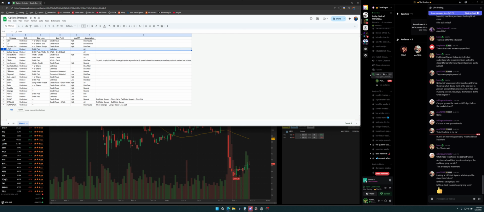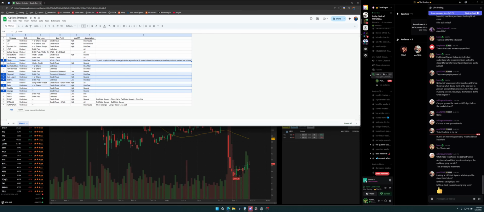What I go to a lot of the time, I like diagonals. I like jade lizards. I like zebras. I like put ratios and call ratios. I like covered strangles if I'm going to do a strangle. I like synthetic stock sometimes. Crab is kind of nice. I haven't done a lot of crab, I want to start doing more. Crab is basically a butterfly, but you buy the in the money leg with a further dated expiration. So just to show you